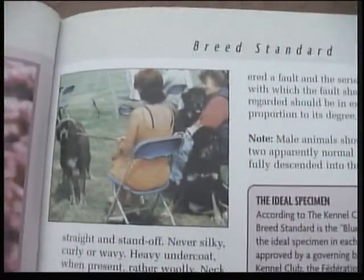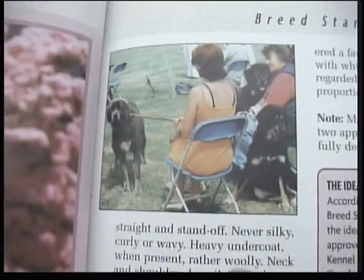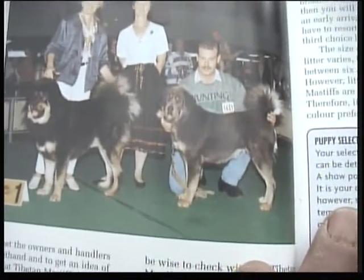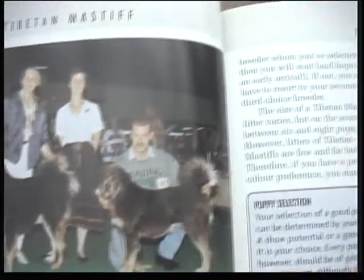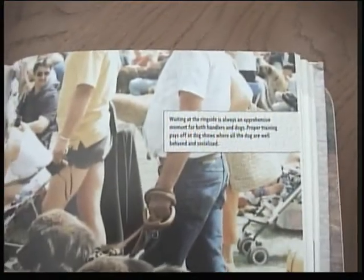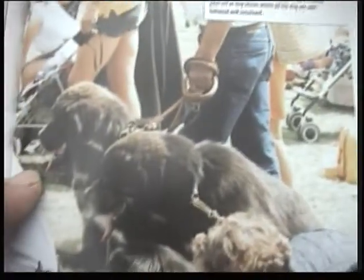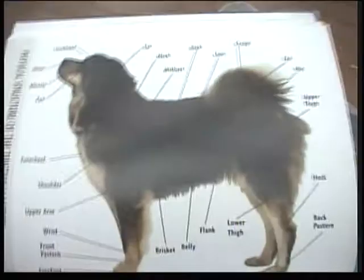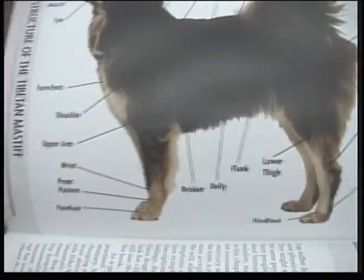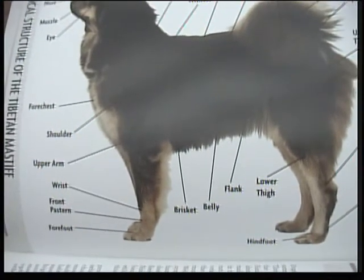That's my wife Janet there with a very young Kaya, Hezekiah. Sanna Rutler to the left there, the author in the middle, Juliette Cunliffe. Photograph on page 105 shows me headless with a big fat tummy. Very young Hannah and Kaya. Nice plate there showing the physical structure of the Tibetan Mastiff. All the different parts of the dog: forehead, ear, neck, withers, back, loin,